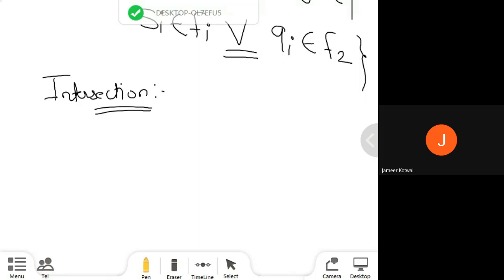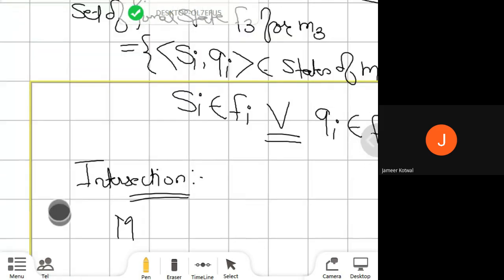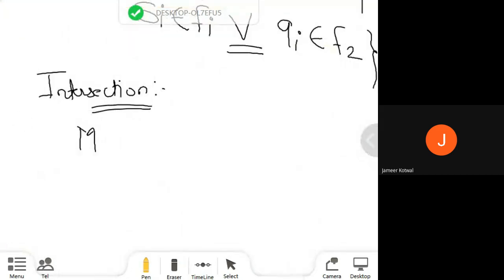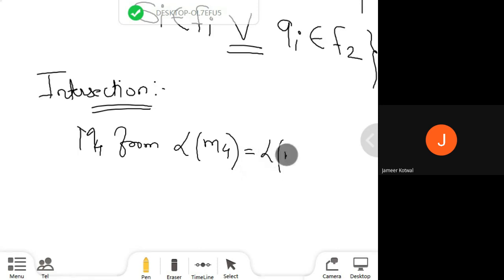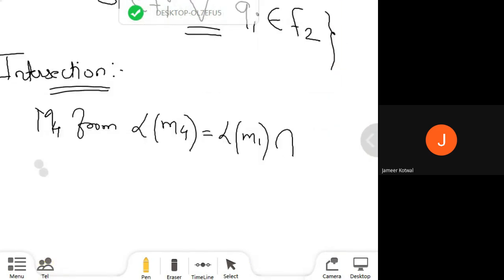And we say the machine M4, fine, simple. Machine 3 we derived for union, let us take this as machine 4. So deriving the machine M4 from M1 and M2, that is, the language of M4 is equal to the language of machine M1 intersection, how you are going to represent that, that is a reverse U, the language of M2. So this one is the equation which represents an intersection.